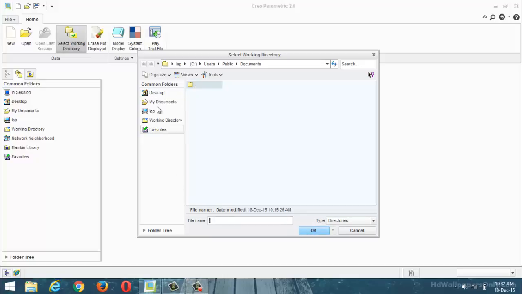You cannot specify the path. You can directly apply Control S. The saving file goes to your working directory. Which location? Laptop, C drive, users folder, public folder, in public documents. The file is directly saved into your working directory. Or otherwise you can directly choose the folder also, anything.